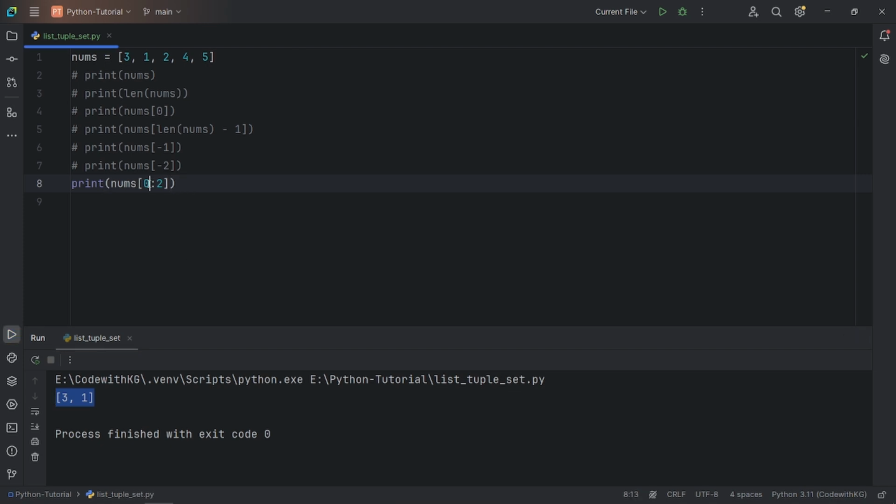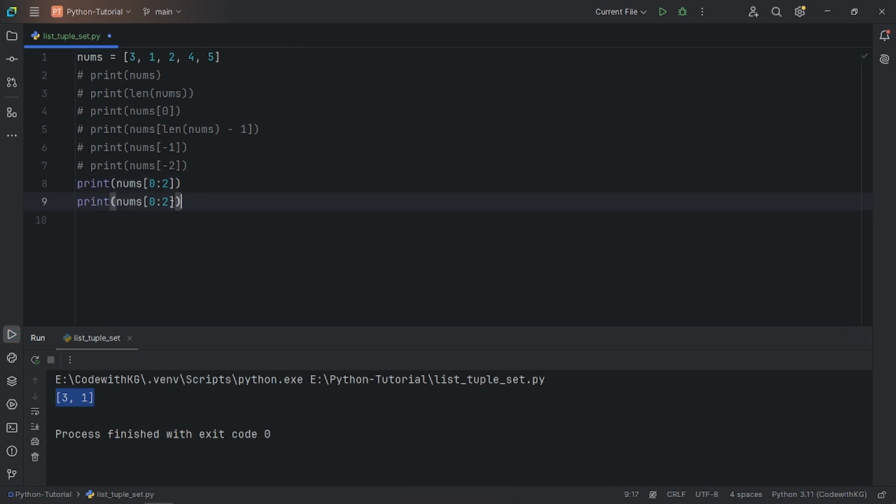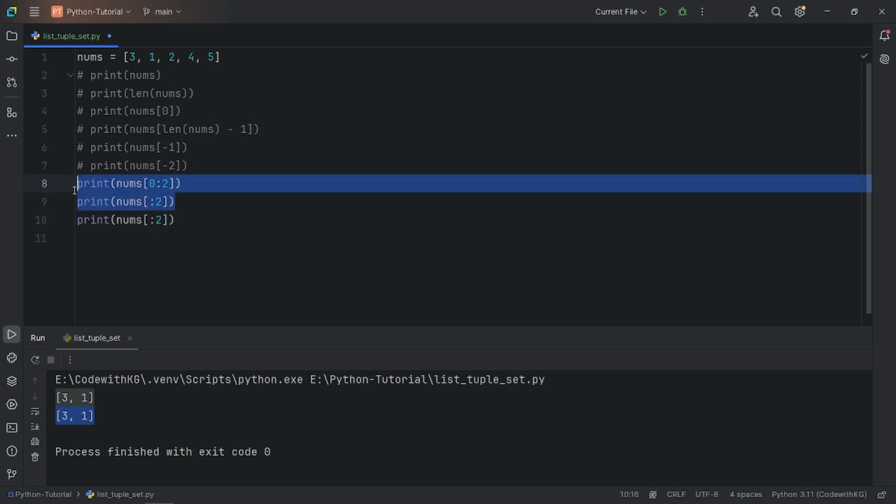सो यहाँ पे हम क्या कर सकते हैं, इसको जब हमें 0 से प्रिंट करना है देन फर्स्ट इंडेक्स को हम यहाँ पे ओमिट कर सकते हैं to print this one, so still it will print the same, okay. So इस तरह से जो है हम इसको प्रिंट कर सकते हैं।